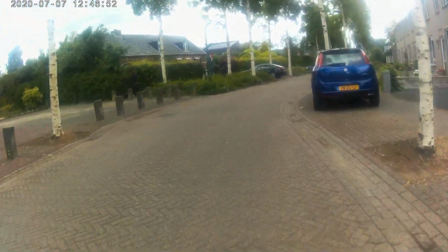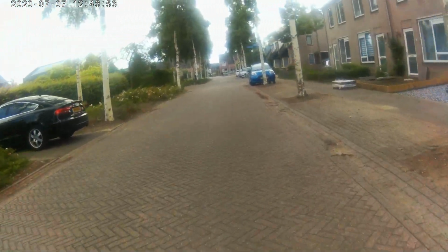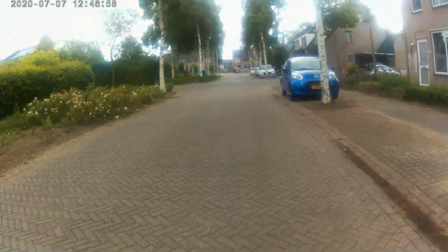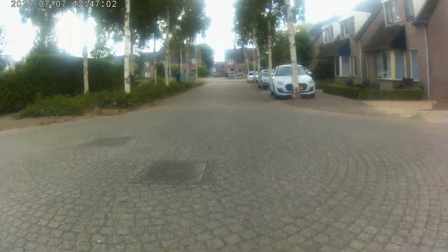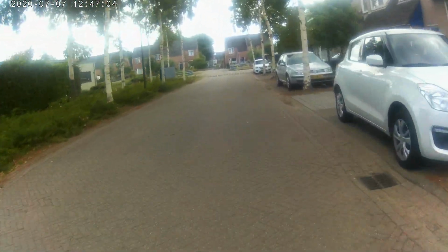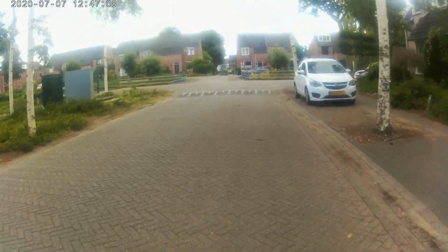I still have an old-fashioned bike. It means it's old, but it still rides pretty decently. But it's not an electric bike, so I have to do all the going myself. But it's fun to take you on a route through the area where I live, also where I walk, because